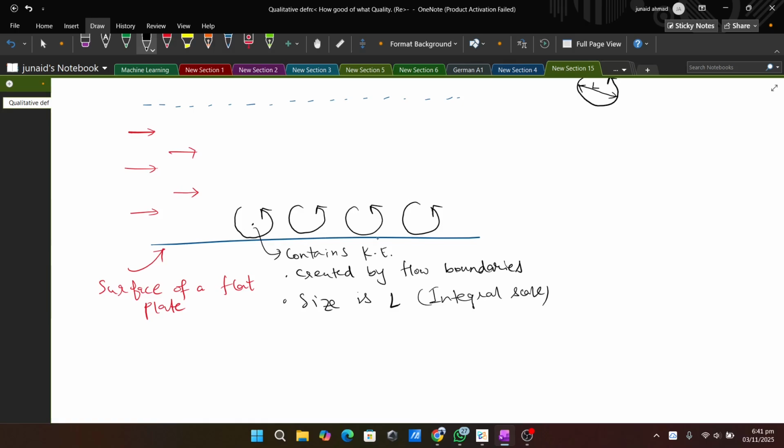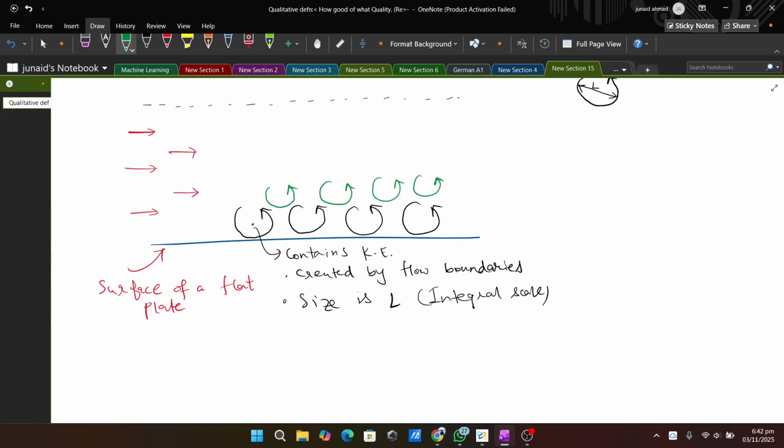All right. So this is the boundary surface of a flat plate. Along that surface, we have the eddies, which are quite large in size. Their characteristic length is quite large. But as you move closer, as you go towards the center from the surface of the plate, their shape changes. It will change into some other scale like this. It will change like this.